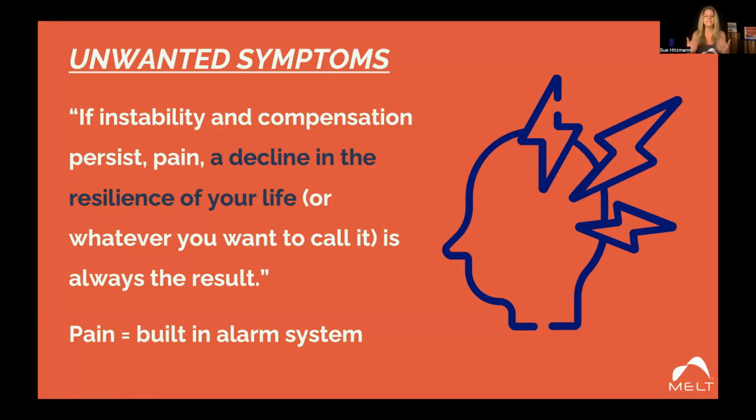The thing about how we deal with pain is where we run into a problem, because we're very symptom oriented, especially in America. We have a pill for everything. So I always say that pain is kind of like your toaster is on fire and your fire alarm goes off. And the way that we treat the pain problem or the fire alarm is we go over to the fire alarm and we take the batteries out, but the toaster's still on fire, right? So we need to actually treat the cause of the alarm going off, because 100% of the time your brain's